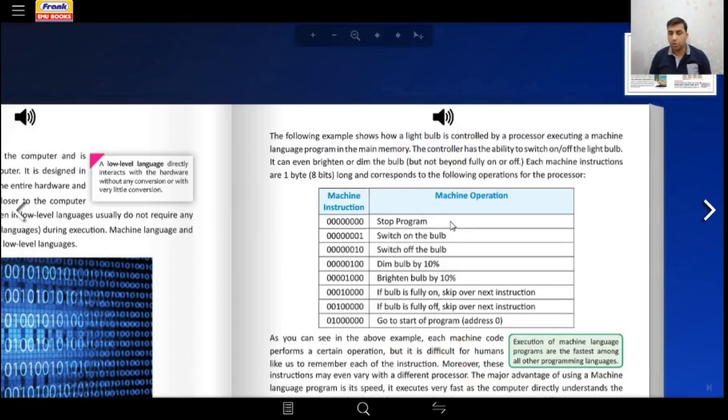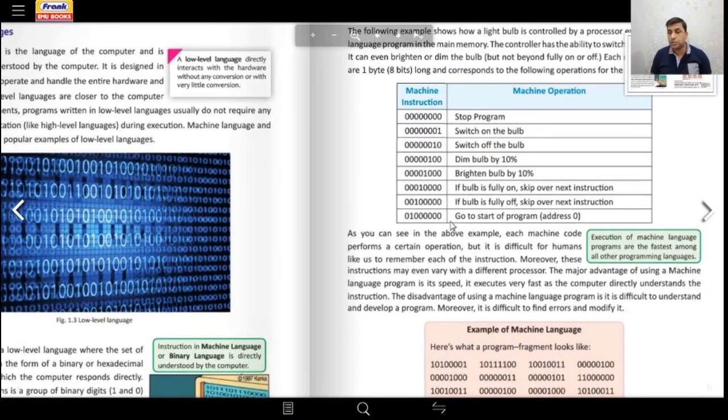The following example shows how a light bulb is controlled by a processor executing a machine language program in main memory. The controller has the ability to switch on or off the light bulb. It can even brighten or dim the bulb, but not beyond fully on or fully off. Each machine instruction is 1 byte, 8 bits long, and corresponds to the following operations of the processor. Now, if you pay attention to the small table that is given here,